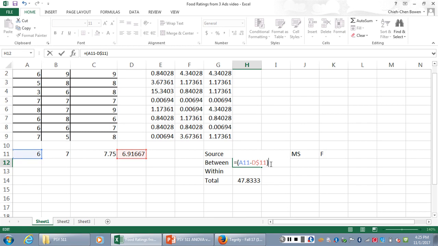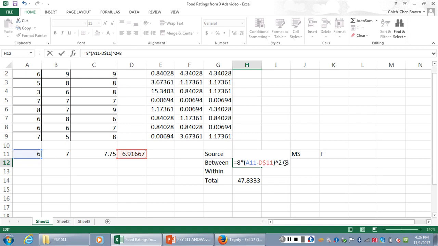And you need to square the difference, and because this is the group mean compared to the overall sample mean, you need to multiply by the number of people in the group. So we have 8 people in the group, times the difference of group 1's mean with the overall sample mean. Okay, so you did that for the first group, and you need to continue on to do this for the